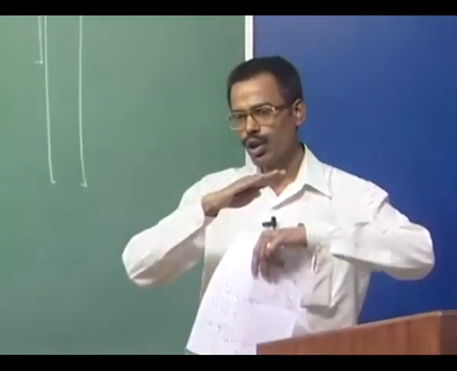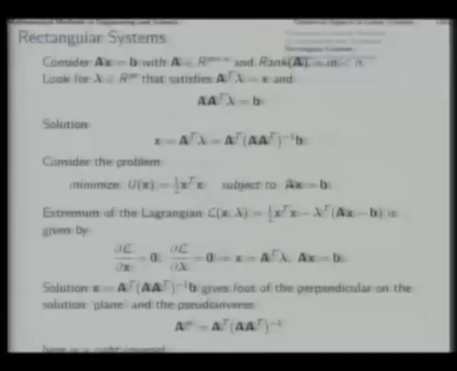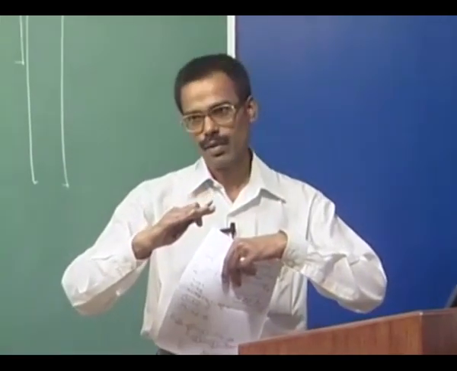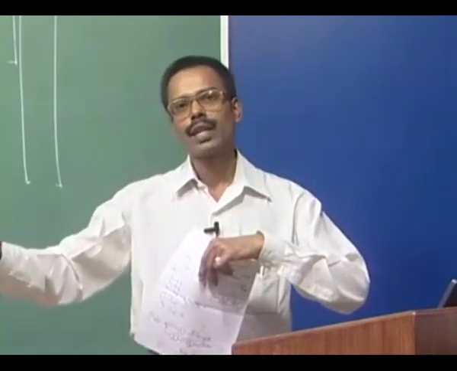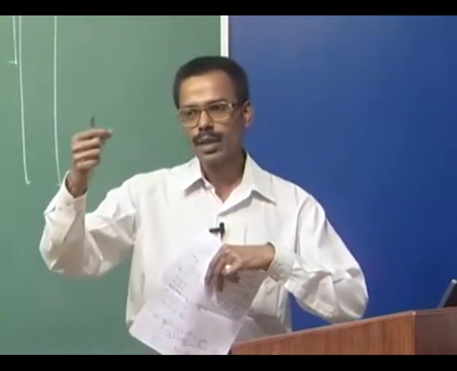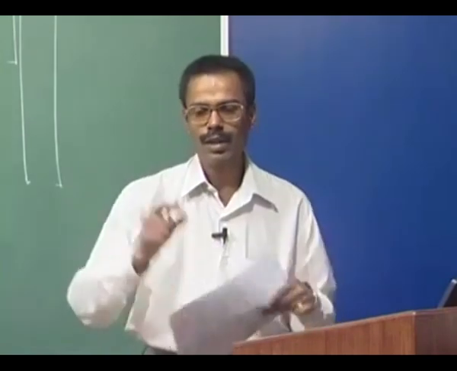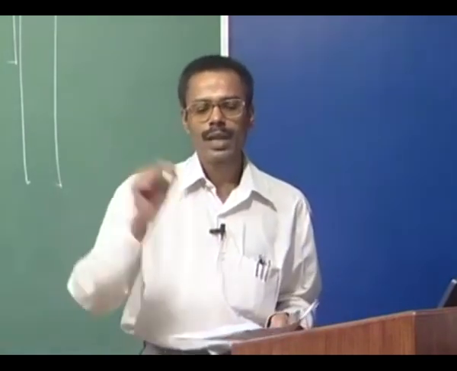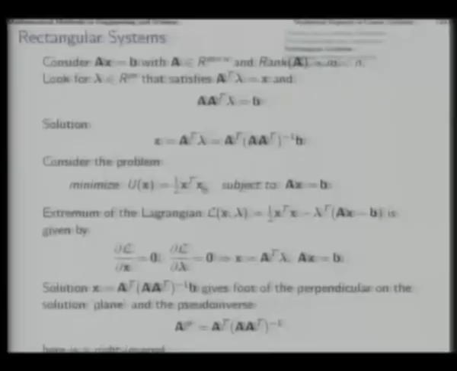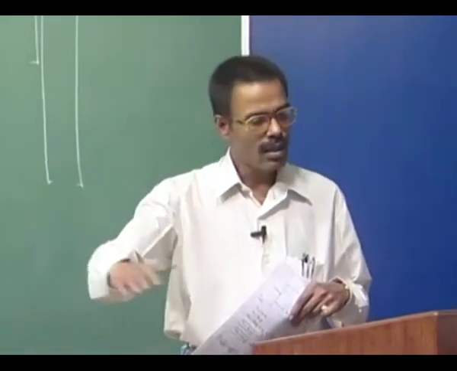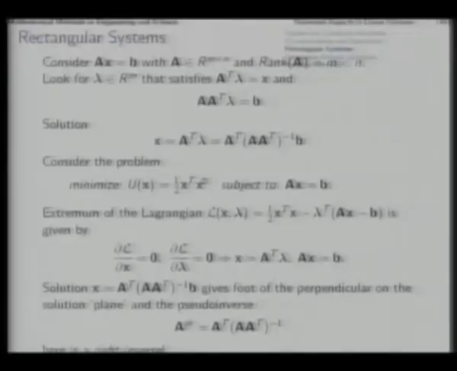That means a lot of solutions are possible for this system, because this system actually defines a plane-like entity in the space of x. Out of all the points that you can take on that plane-like entity, the one which is closest to the origin, the size of which is the least, is the one which will minimize this, subject to these constraints. The constraints come in the equation of the plane, and this minimization actually gives you the foot of the perpendicular